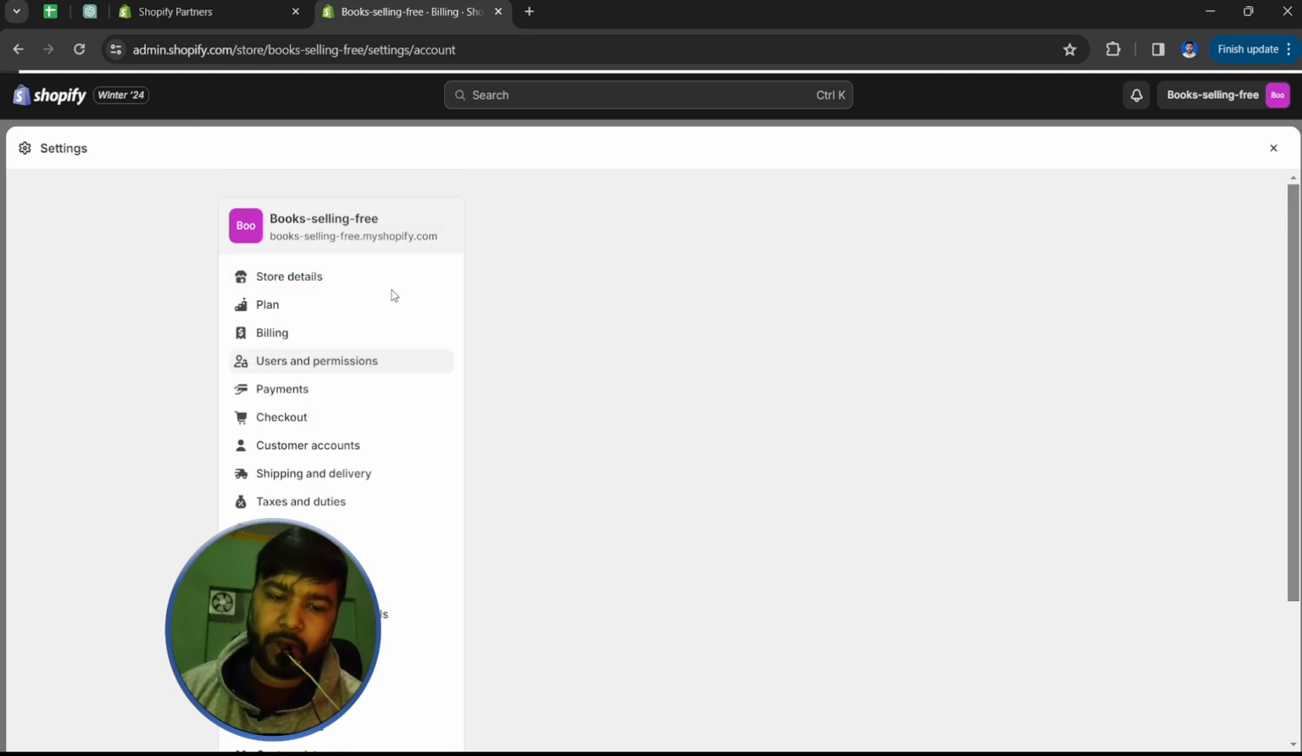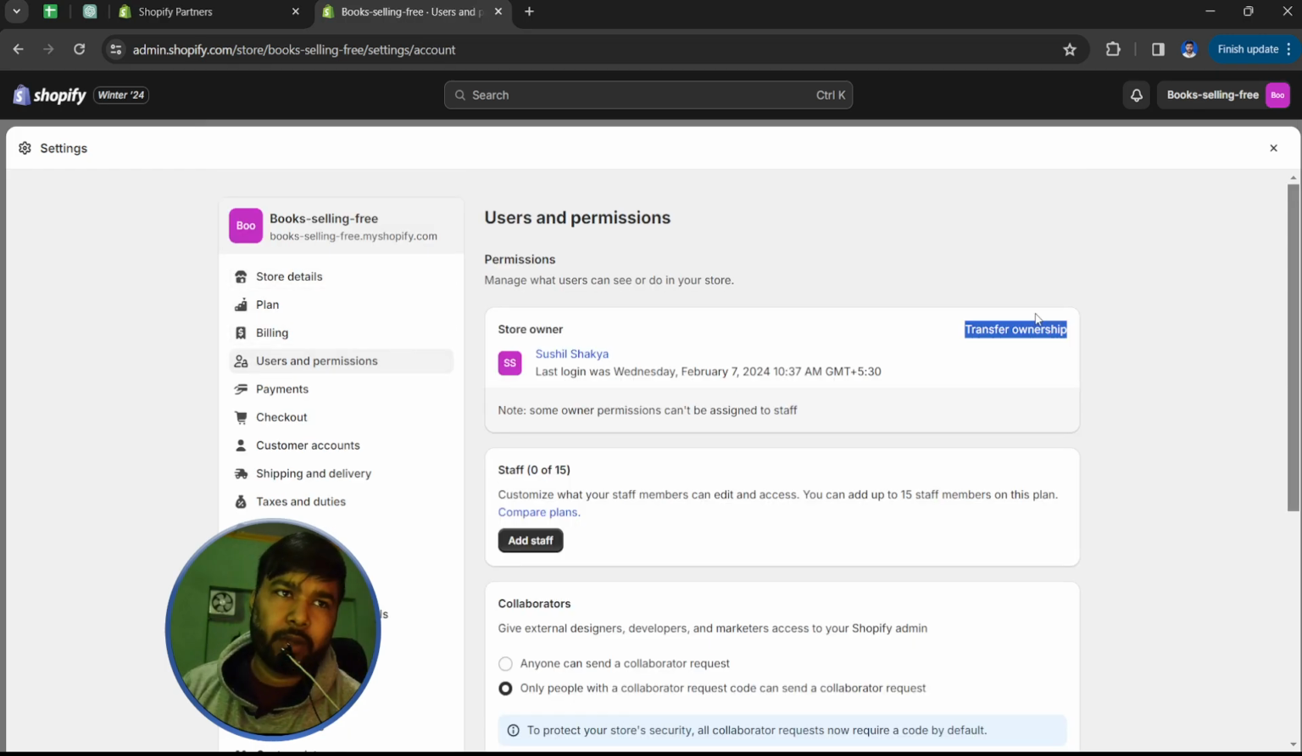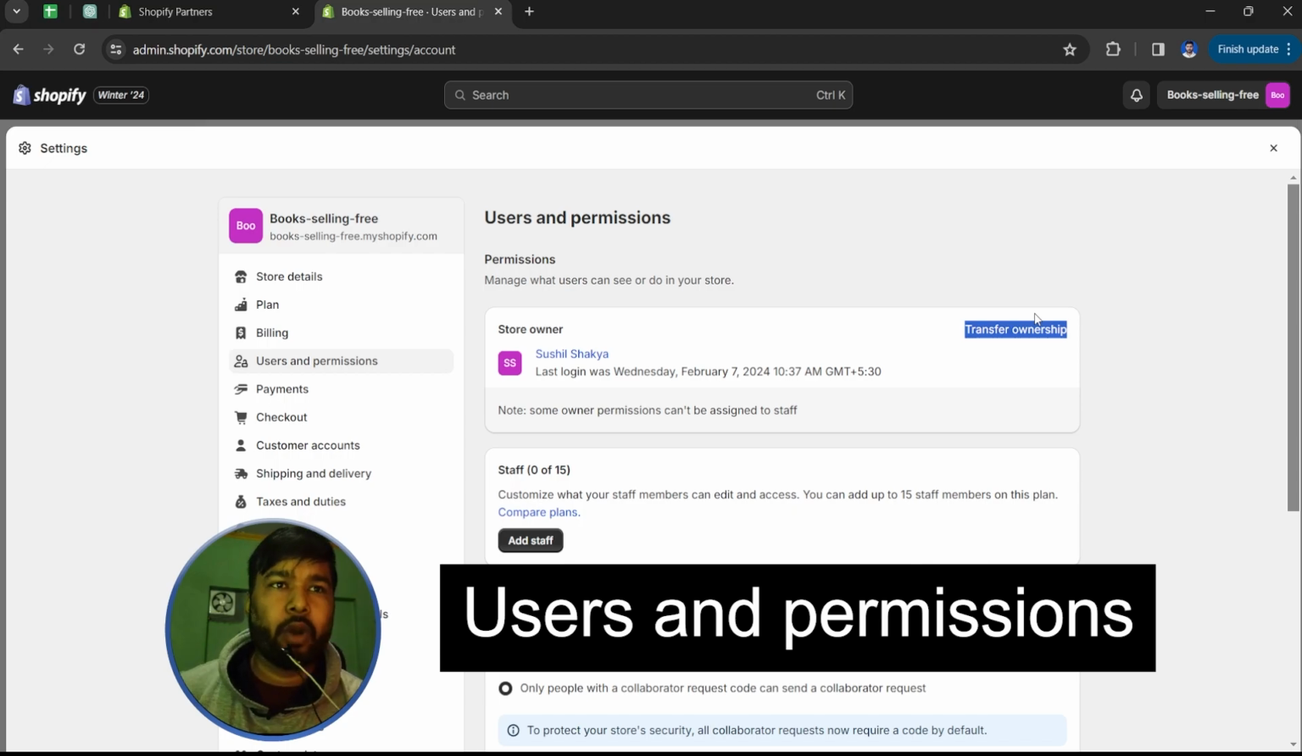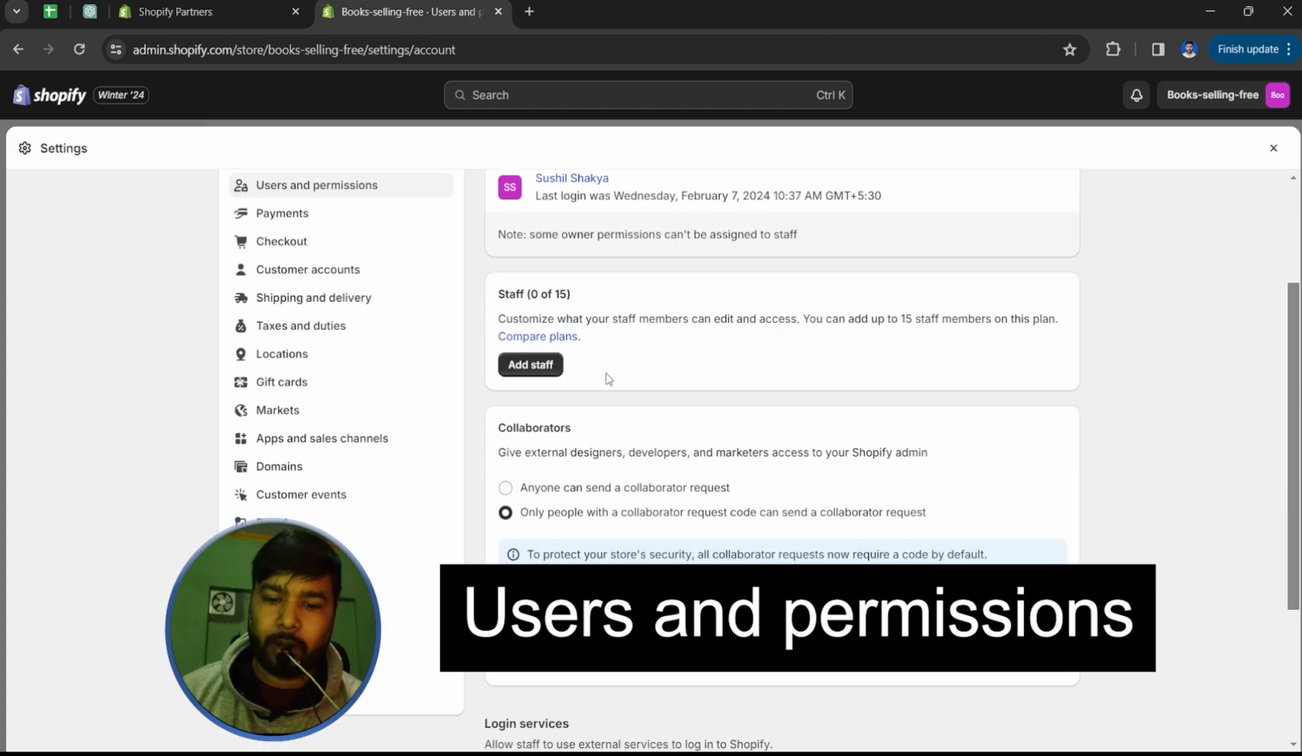And the next thing is the Shopify users and permissions. In this section you can transfer your ownership after completing your dev work. Next thing,